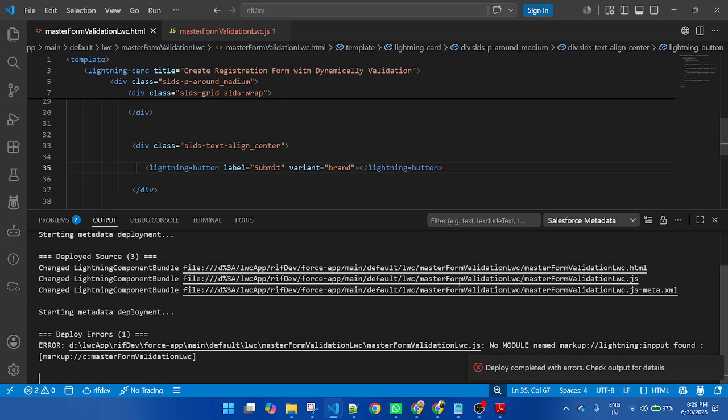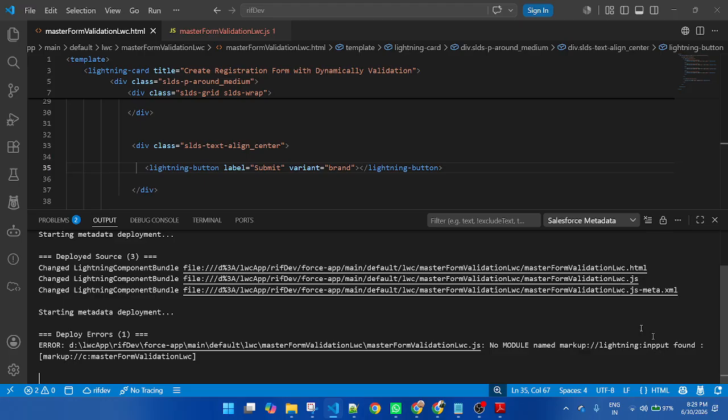Now let me check what kind of error. No module named markup lightning input. Some spelling mistake occurs. IN double P. This is an error.